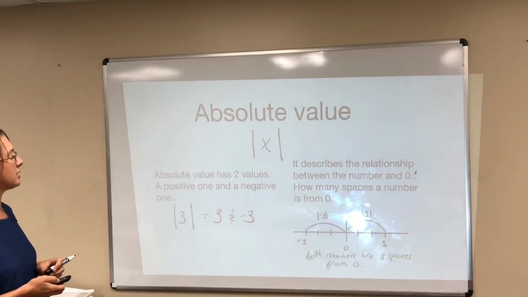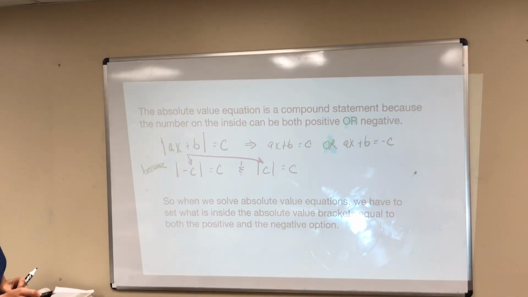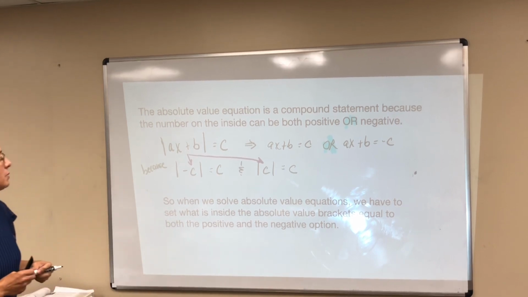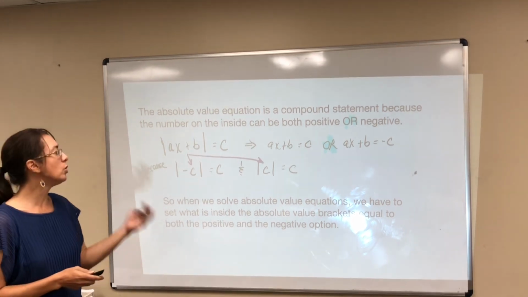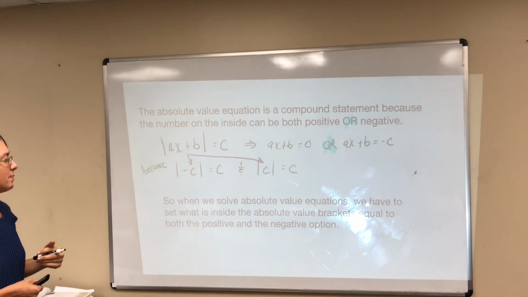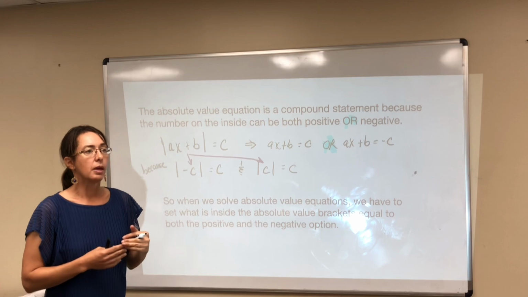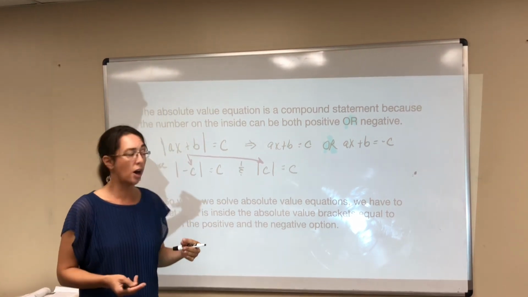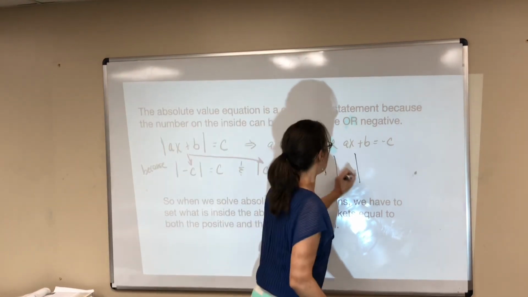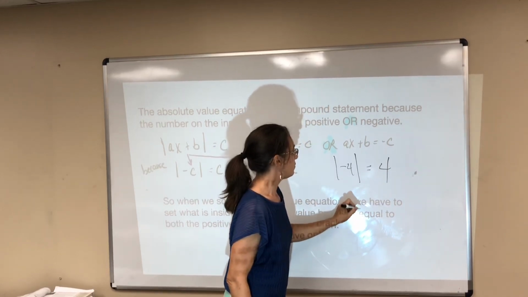It's actually looking at the distance for that. Okay? So absolute value equations are always a compound statement, right? Because there are 2 options for the inside. And something that I want you to maybe change the way that you have thought about this, or even been taught, is that often you will have |x| = 4